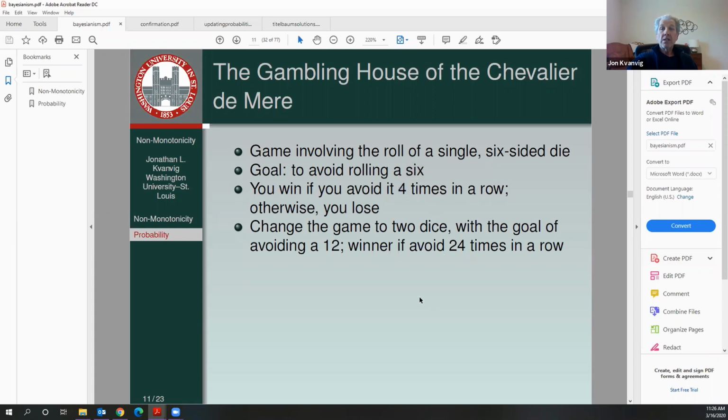Well, then you get nonsense, because the Chevalier's practice was to say, well, you avoid rolling a 6, chance of rolling a 6 is 1/6. So if you do that 4 times, you multiply 4 times 1/6, and that gives me a 2/3 chance of winning. But now if you change it to 8, you're going to multiply 8 times 1/6, and now you get a probability of 1.25 of the house winning. Whoops,